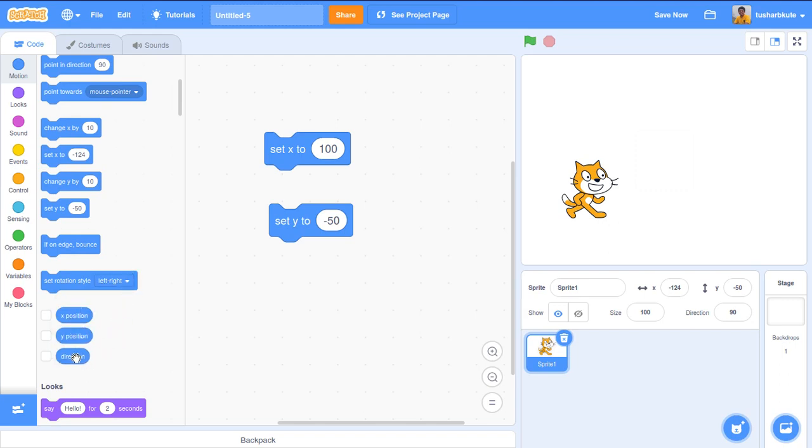Okay, three more options are present over here in the motion. They are called the variables. Whenever we are keeping the sprite at a specific position, what is the current position of the sprite can be found with the help of this variable. See, wherever these oval positions or rounded rectangles are present, they are called variables.